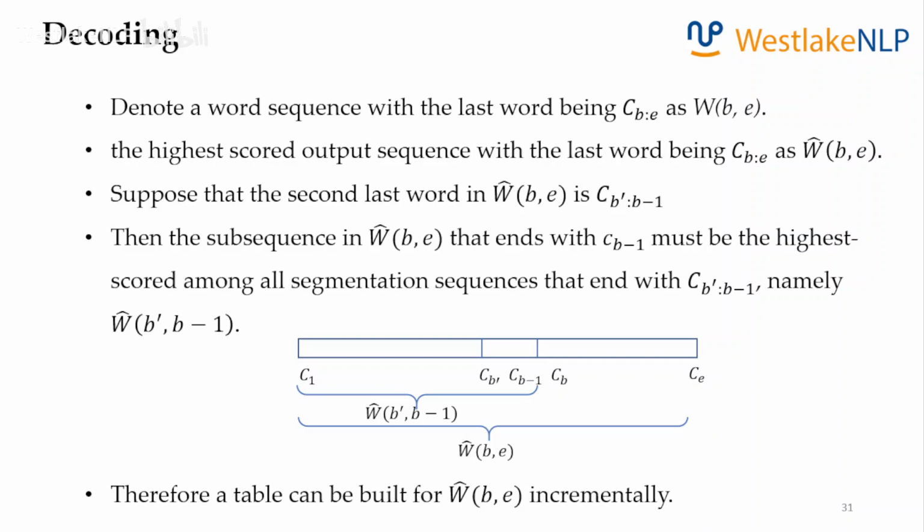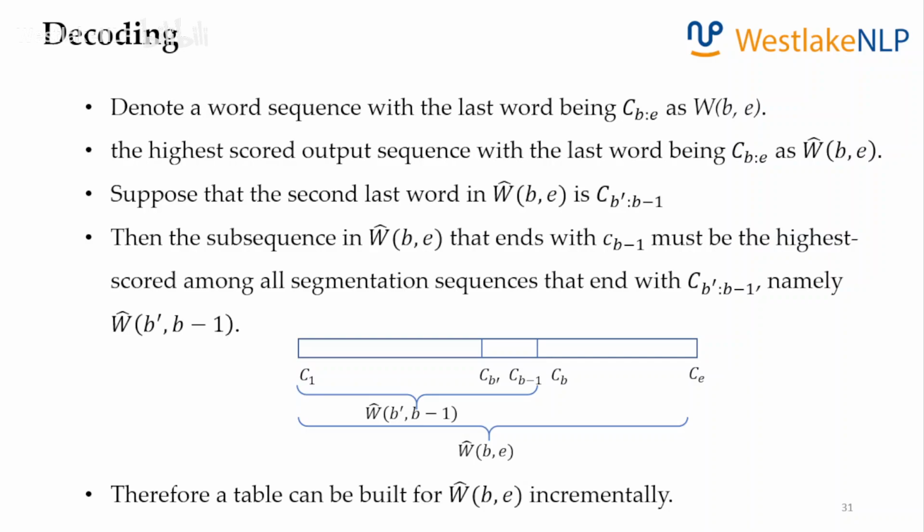But in addition to E, if we also store B, we end up with a table. This table contains a subsequence from the first character until character E, but with the last word being C_B, C_B plus 1 until E. So we form this signature. And this picture shows you the incremental step from W hat B prime B minus 1